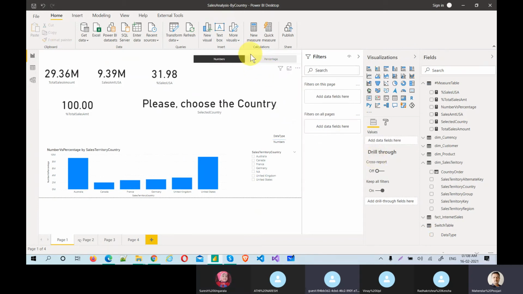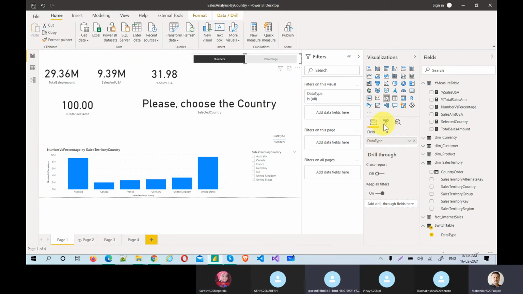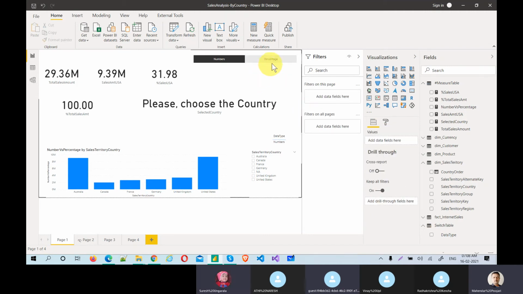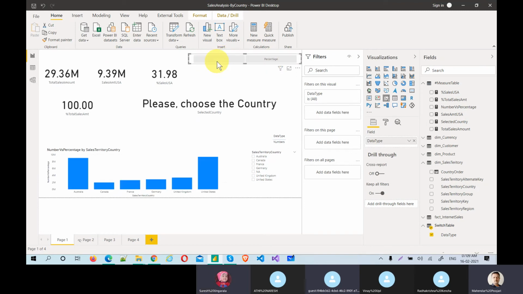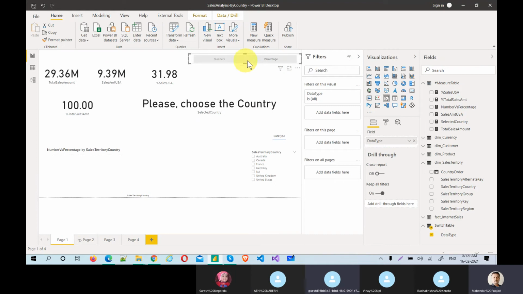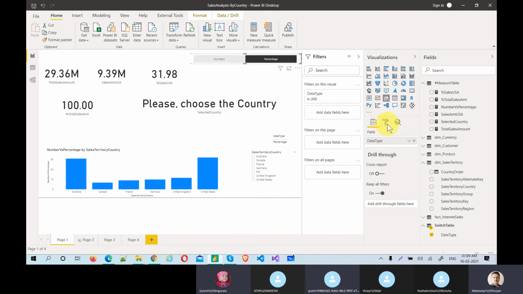This is a horizontal slicer, guys. But if you come here, under selection controls, multi select is enabled. If you make it single select, it should select either this or that, so that it will never be blank.